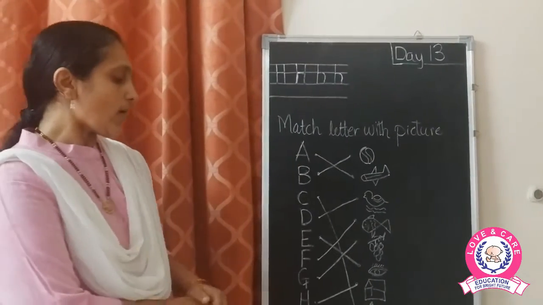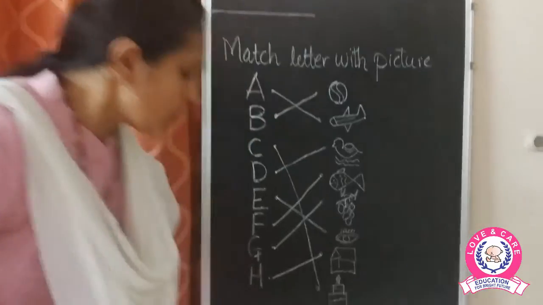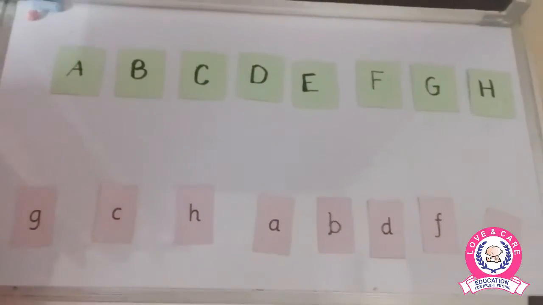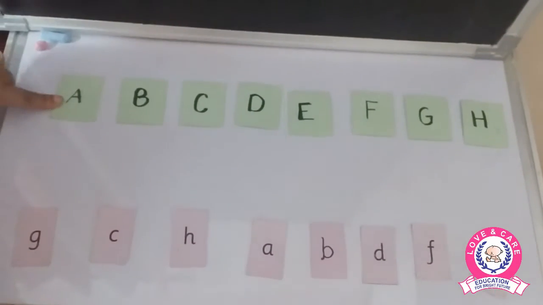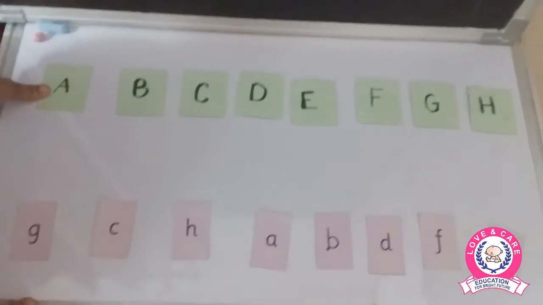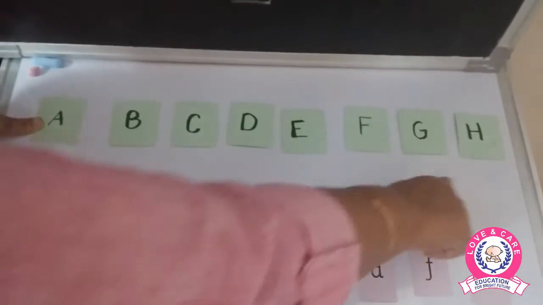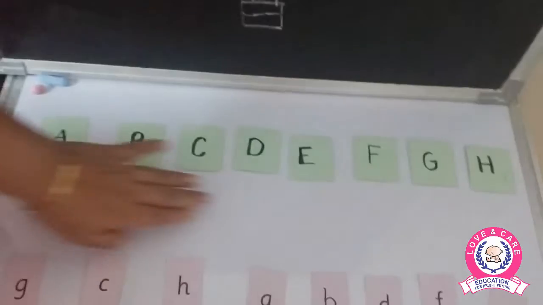Okay, children. Now I have made some flashcards. So we can just join our flashcards in a pair. That is with the mummy and the baby letter. So now this is the mummy letter A. So now we will find where is the baby letter A. Just find here. Now the capital letters or the mummy letters are in the green and the baby letters are in the pink.